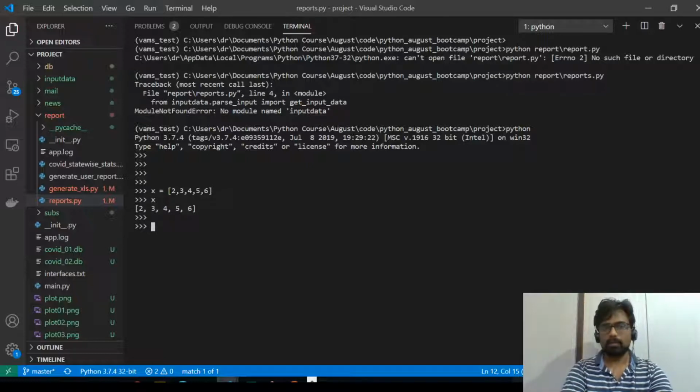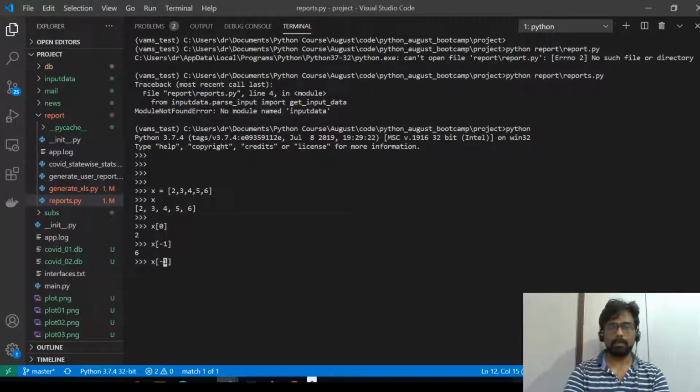So as you know, you can do list slicing. List slicing is nothing but you can split a list into smaller parts. So that is called list slicing. So a list is actually zero indexed. That means if you do x of 0, you get the first element. And in Python, you can also use a negative index, which is not present in C++, C, Java, like that. That means if you do -1, you get the last element.